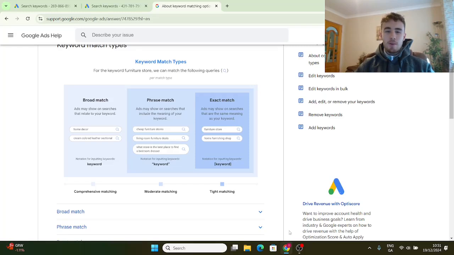In today's video, I wanted to walk you through which match type you should use in Google Ads, and I'll also include what each of the three are and just give a brief explanation between the three, as we see here. But more importantly, give you examples from different campaigns so you actually know what these different match types look like in action, so that you can come to a conclusion yourself on which match type you should use for